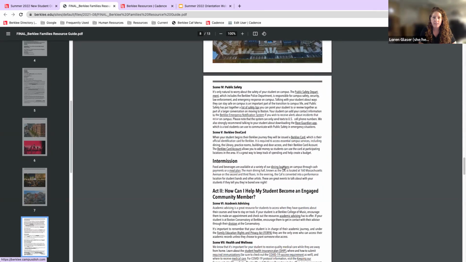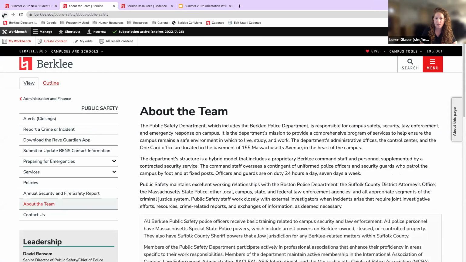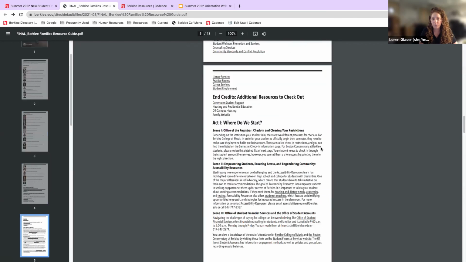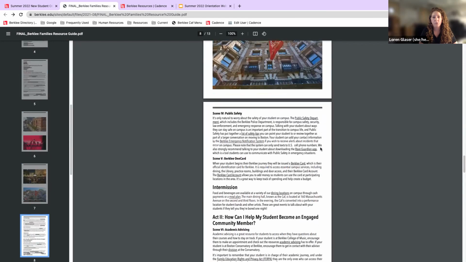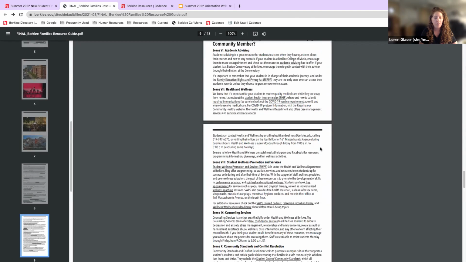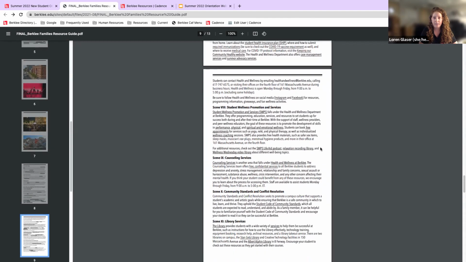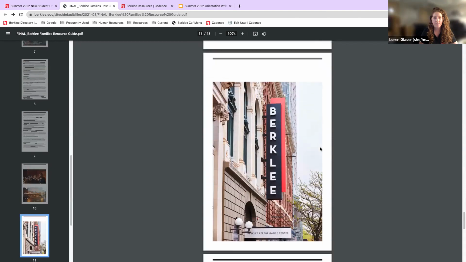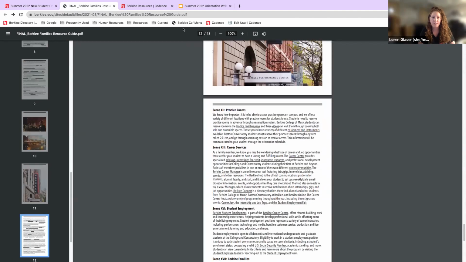All of these links will go towards our website, which is where the most updated information lives. So if there's anything within this resource guide that's changed or been modified a little bit, you will just click on the link and that will bring you to a public-facing website, and you can learn more about anything Berkeley related here. So like Rosemary said, Natalie, we can go back to the presentation now.